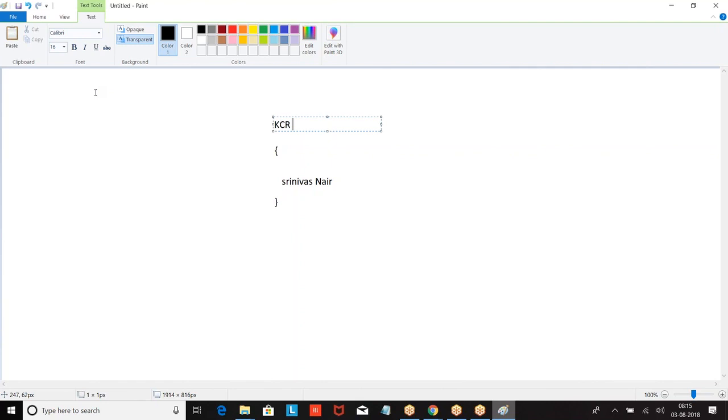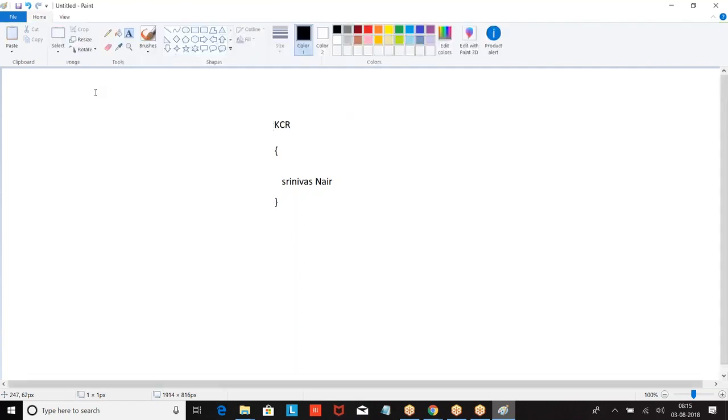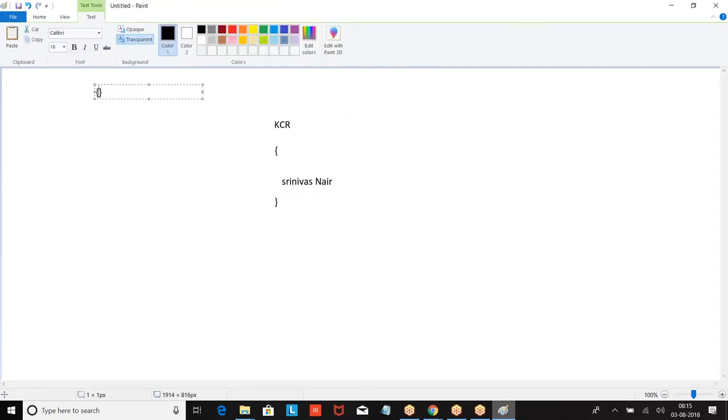Right? So anything that is defined within the scope. Scope means flower brackets are called scope. Anything defined within the scope can be used only within the scope. Anything defined outside the scope can be used within the scope or inside the scope.